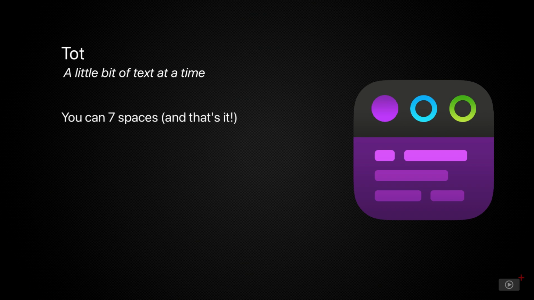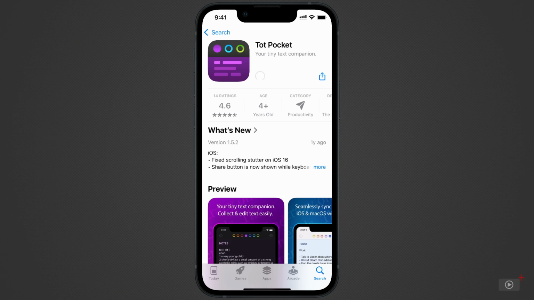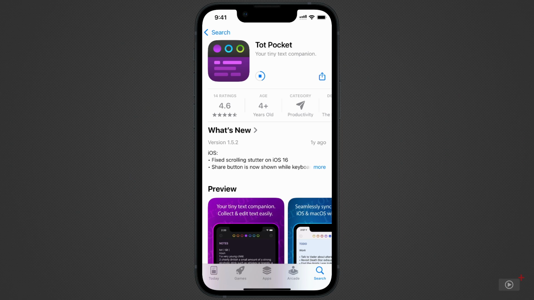It provides 7 spaces for your note-taking, with the intention of keeping it concise. It still has everything you actually need to write down your ideas, organize information, and share it elsewhere. So let's just jump right in. Tot can be found on the App Store and is available for iPhone, iPad, Mac, and even Apple Watch. For today's video, we'll predominantly be using an iPhone, just to show you how quick and accessible note-taking can be